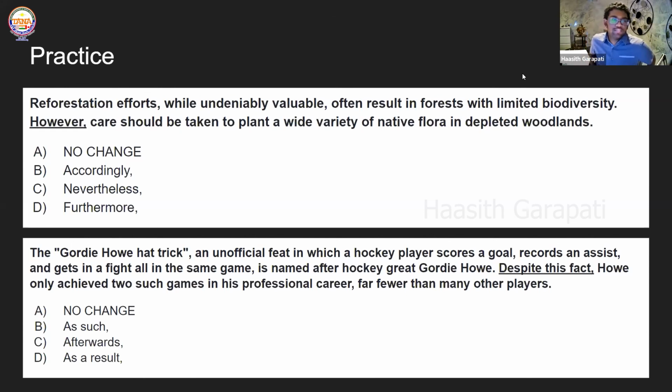So: reforestation efforts, while undeniably valuable, often result in forests with limited biodiversity. Okay, we're being introduced with a problem right off the bat. So the next sentence is saying, care should be taken to plant a wide variety of native flora in depleted woodlands. So which transition word is going to be best used here? So however is kind of a weird option to use here. It's going to be wrong because